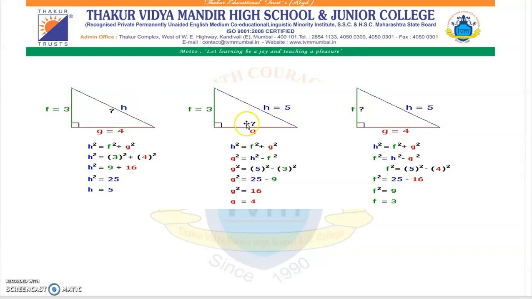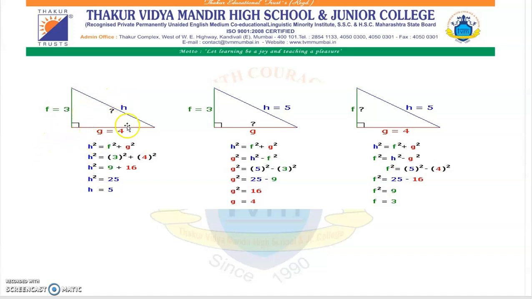Again the three figures are given. All the three are right angle triangle. In the figure 1, side 1, side 2 is given. Hypotenuse we have to find. In next figure, side 1 and hypotenuse is given, but we have to find side 2. In this, hypotenuse given, side 2 is given, we have to find side 1. All the three questions are different. In one we have to find hypotenuse, another we have to find side 1, in another we have to find side 2. Let us see the first question.